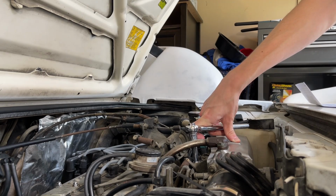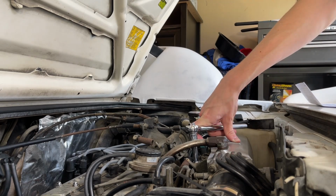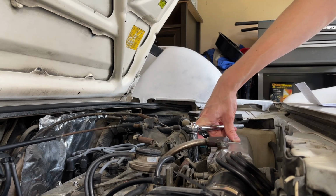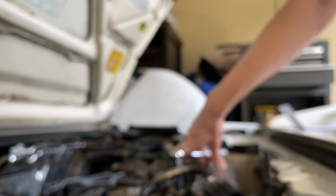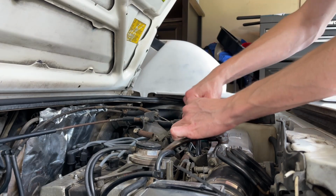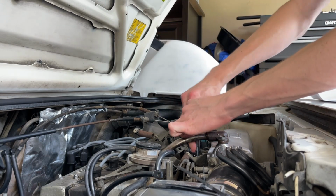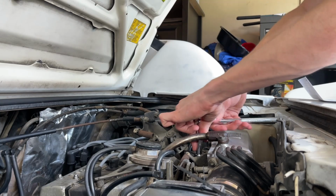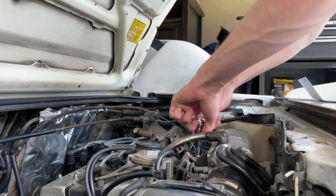If you have to pass emissions, you probably have to keep that, but I live in Texas, and since this car is older than 25 years old, I don't have to do emissions for this car, so I'm not too worried about it. Let's see if we can get this bolt out. I don't have to worry about emissions, so I'm going to remove that. And then the last thing is I'm probably also,